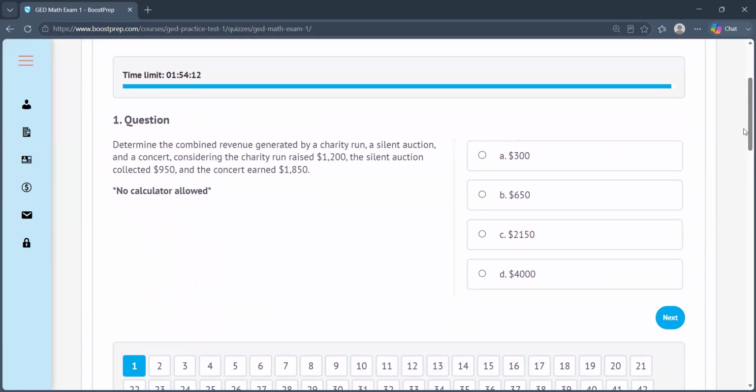Question one says, determine the combined revenue generated by a charity run, a silent auction, and a concert. The charity run raised 1,200, the silent auction collected 950, and the concert earned 1,850. And it says no calculators allowed. So this is not as bad as it looks. They want to know the revenue, so you just have to add up everything. And the good news is,